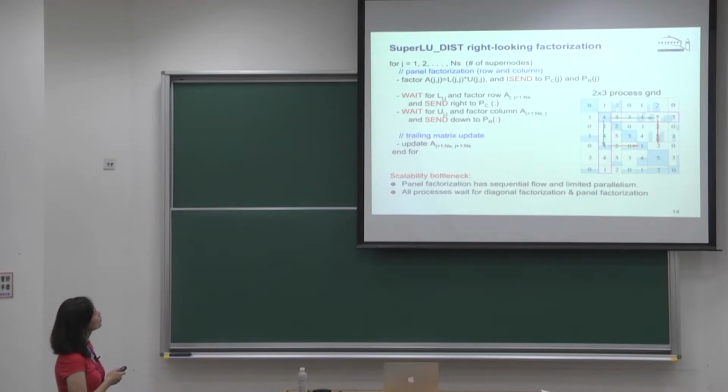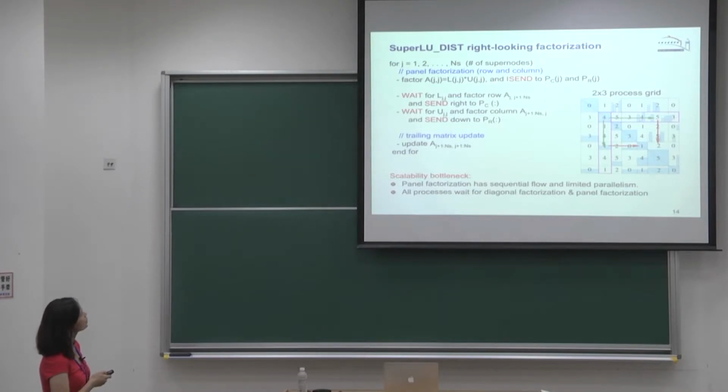Once you get that, you use send. This is actually corresponding to an MPI send to the processor columns. And also, you need to send this U part to all the processes here, and then send this L part to all the processes to the end. So these two pieces, because they are sitting on different processors, once you send to all of the other processes, when they receive them, they can do update to the destination columns. That's your Schur complement update, right? So the other processes, they have to wait for